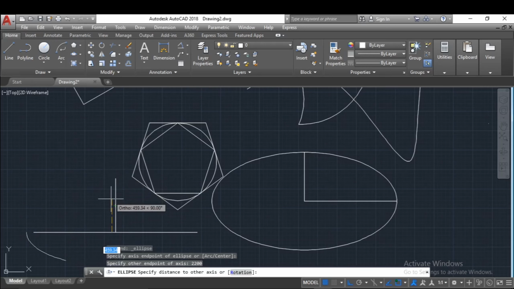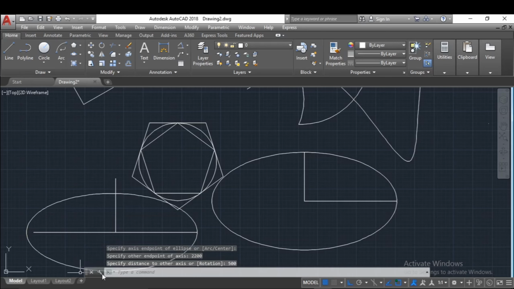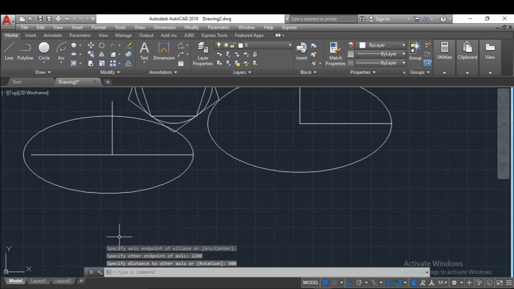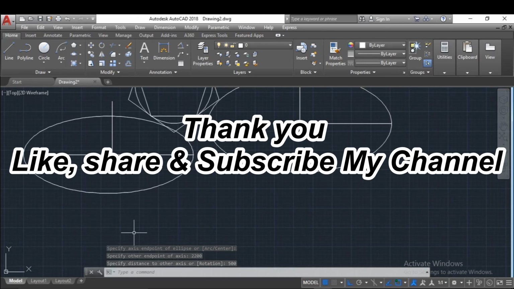And then the second length is half of the minor axis. The minor axis length is 1000, so we have to enter only half of that length, 500. Okay, now we create the ellipse. It is very simple. Today we stop over here. In this video we learned about line, polyline, circle, arc, polygon, ellipse,